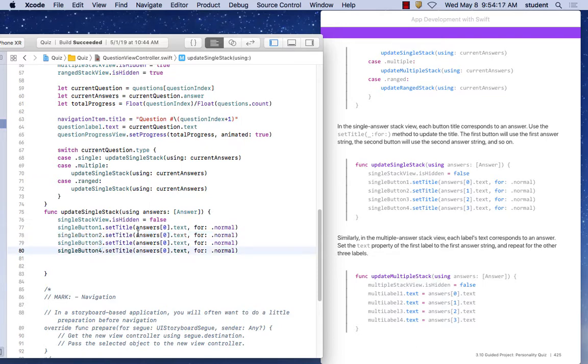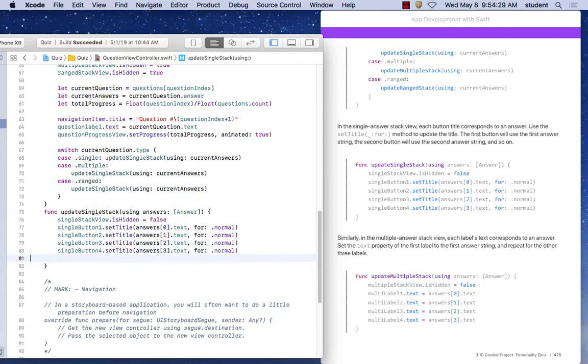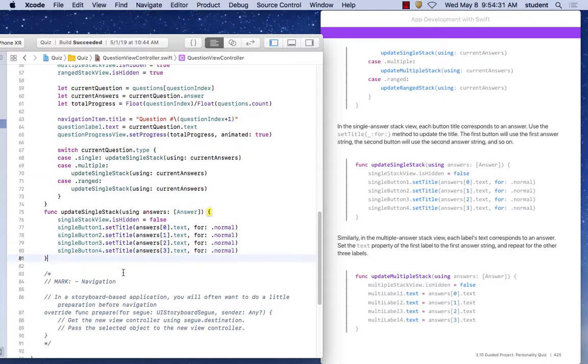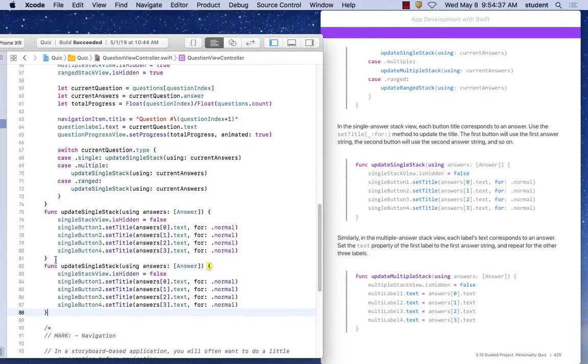So there should be 4 buttons there. Each one should correspond with the number. So that should be the function for a single stack view. The other ones are very similar. We could probably copy this and paste it. And this is multiple